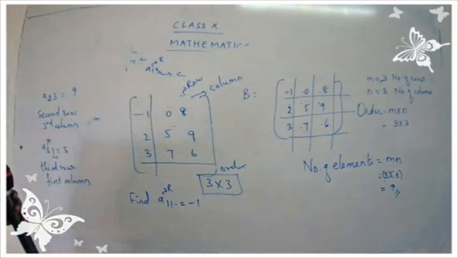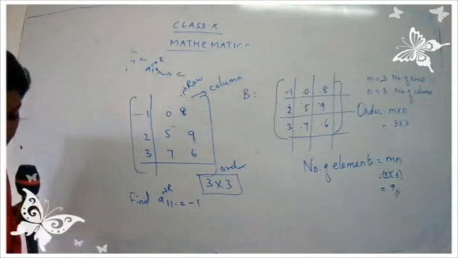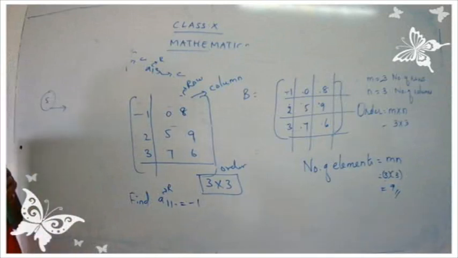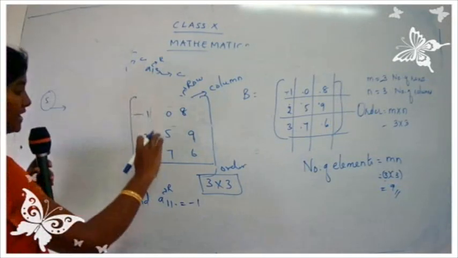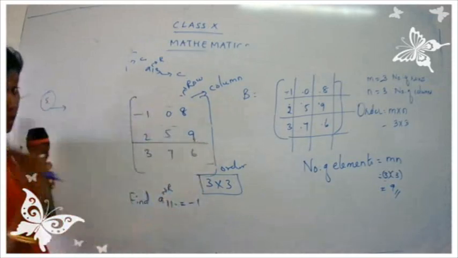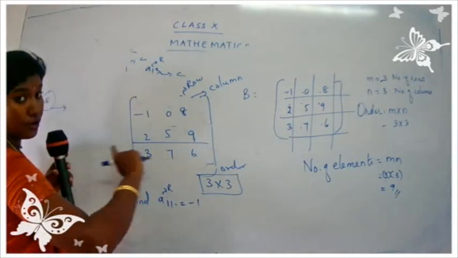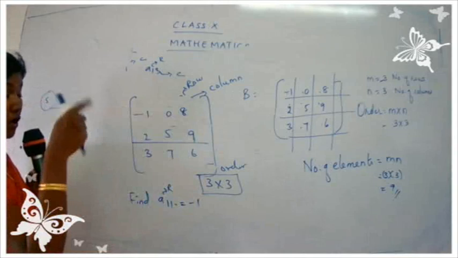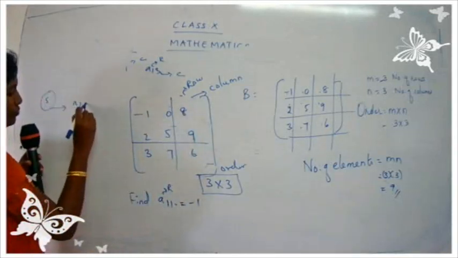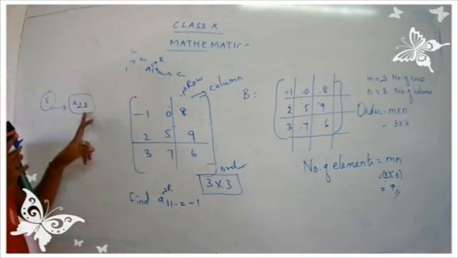Okay, you may be asked in another manner also. They may ask you to give the position of 5. Where is the element 5 lying? Let us find where 5 is lying. See, 5 is lying on the second row. First of all, find out the row. Second row. Where is it lying on the column side? It is lying on the second column. So this is A22. Clear? Second row, second column.